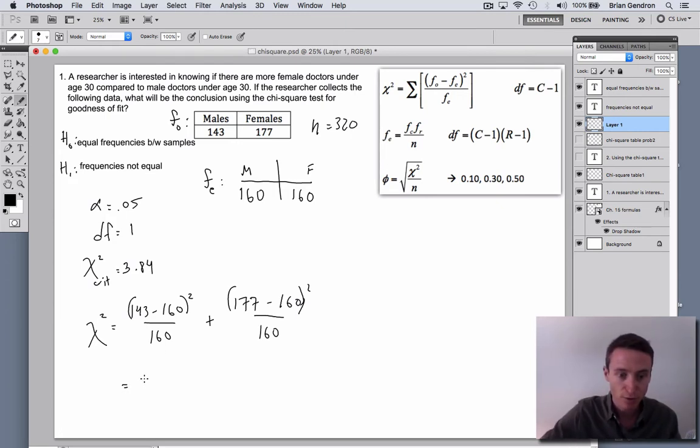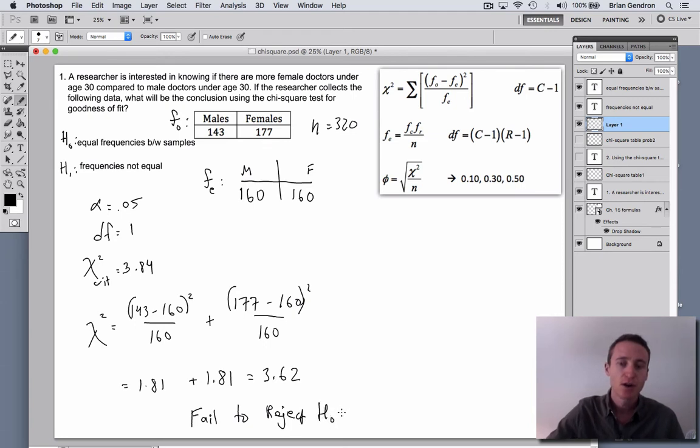Looks like for the first grouping here, it's a 1.81. And then for the second grouping, another 1.81. And that gives us a chi-squared value of 3.62. All right, now 3.62 is not larger than our critical value of 3.84, which means our conclusion is fail to reject